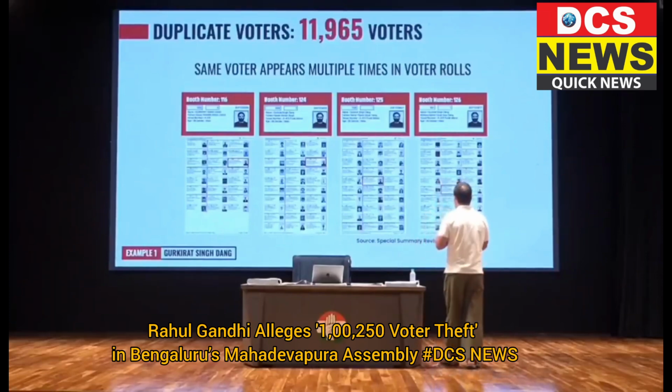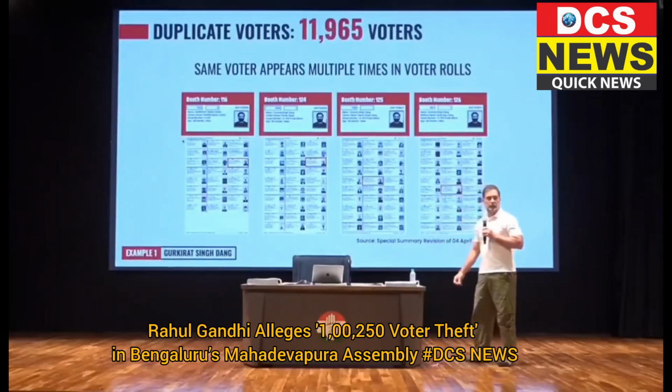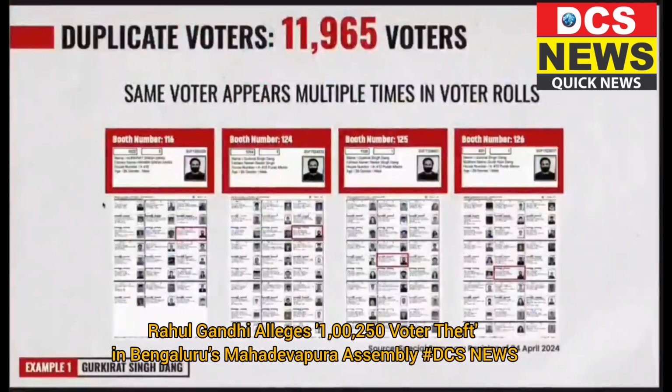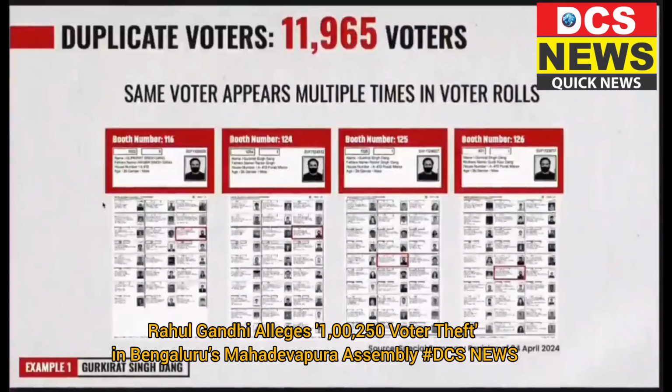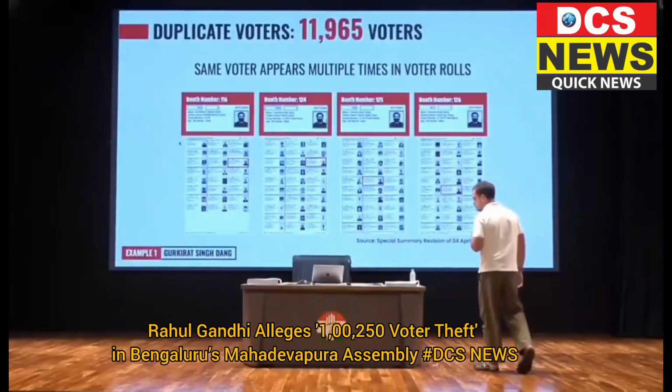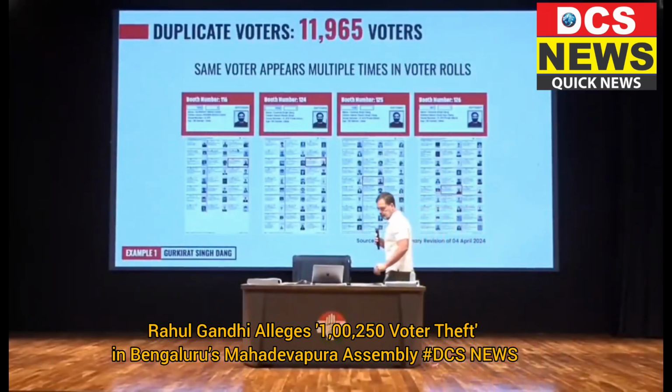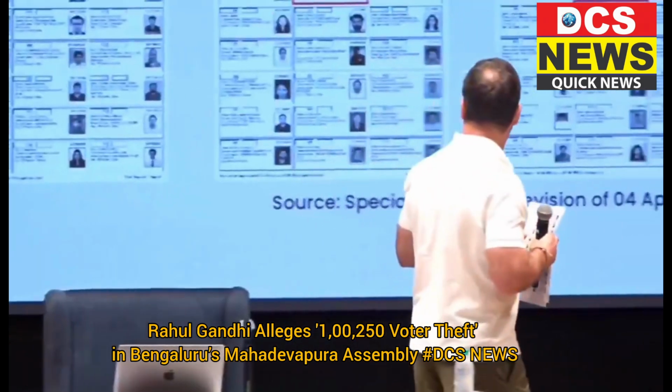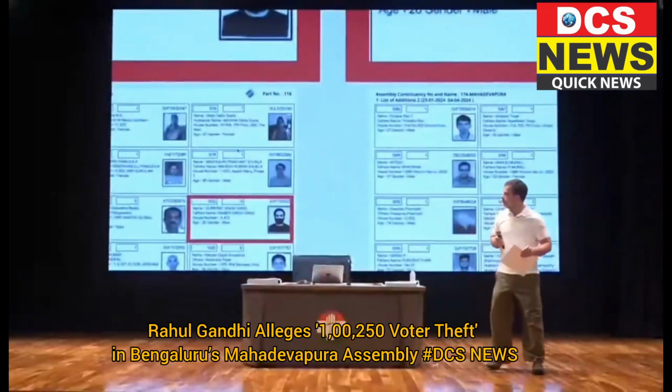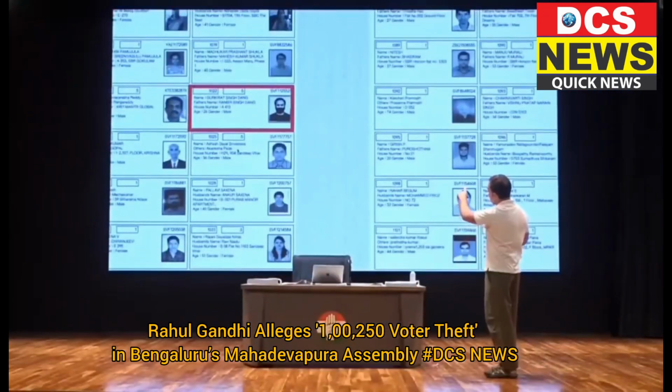Voter, there are 11,965 voters of this type. This is a gentleman called Gurkirat Singh Dang. Here he is. Can you zoom in? Gurkirat Singh Dang appears once,